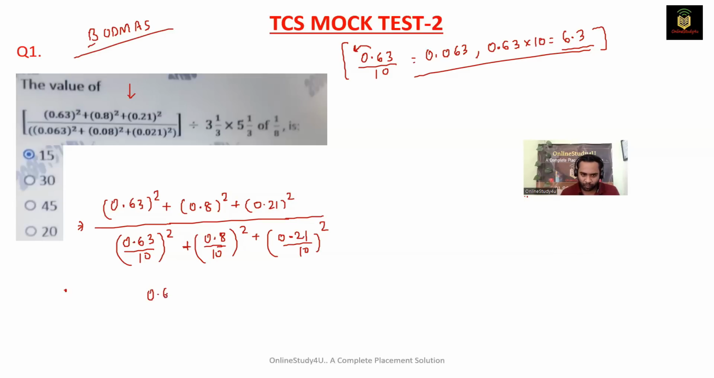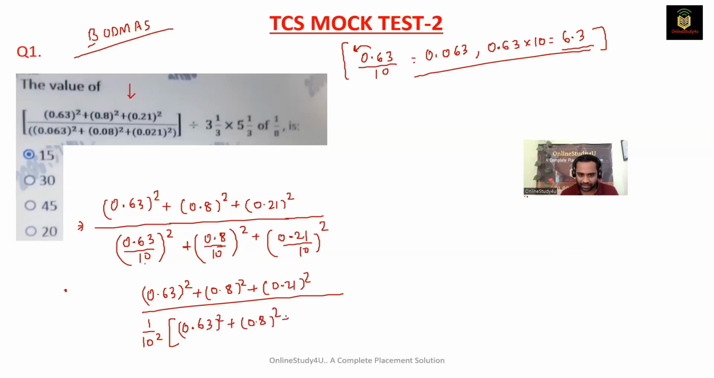So here I will write 0.63 square plus 0.8 square plus 0.21 square, divided by, 1 by 10 square is common in all. See here also, 10 square, 10 square, 10 square, 1 by 10 square. And then what will be remaining with us? 0.63 square plus 0.8 square plus 0.21 square, right? This is common. Now why have we done this? Because this will get cancelled. See, as soon as you see this question, why have they given